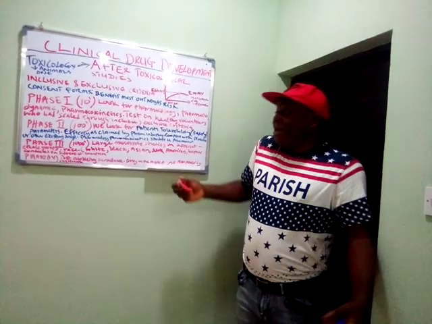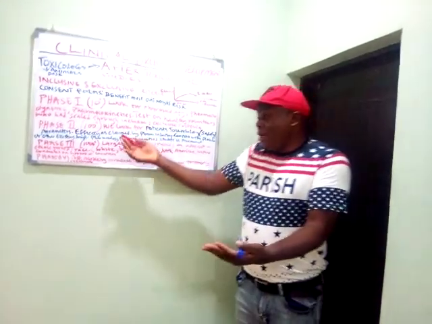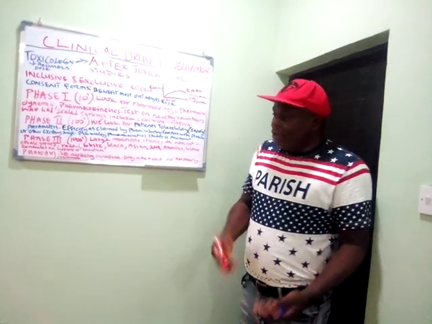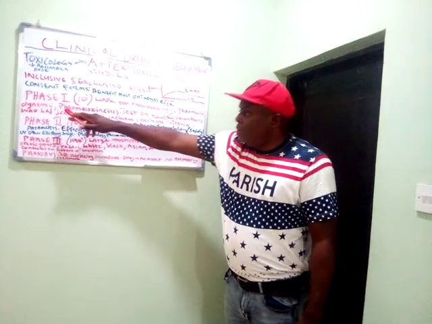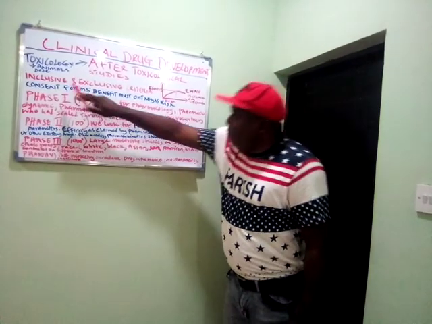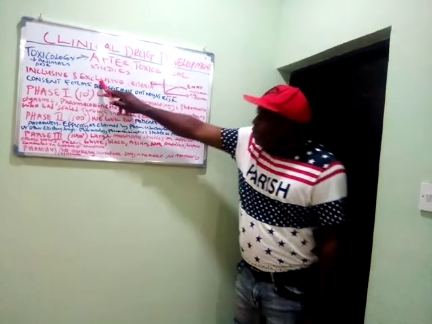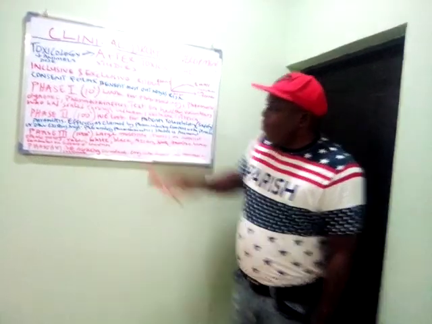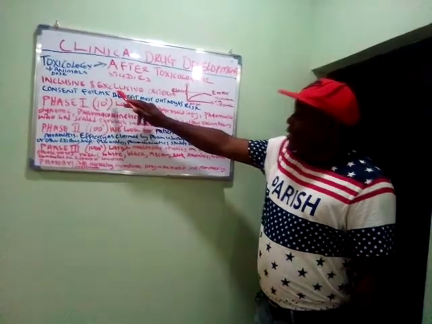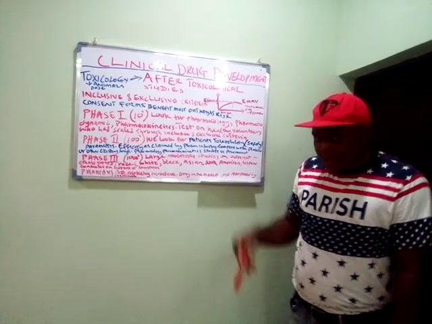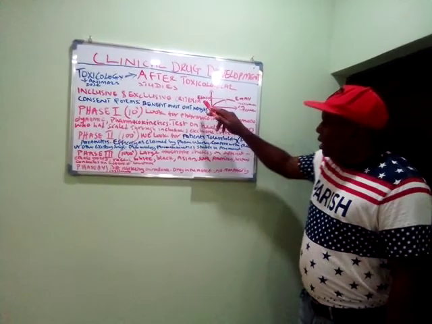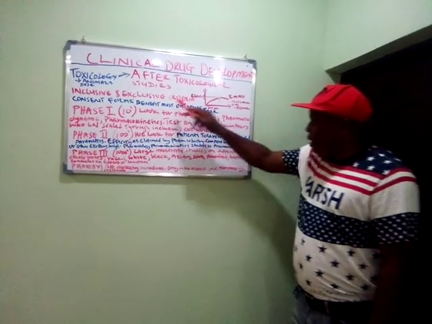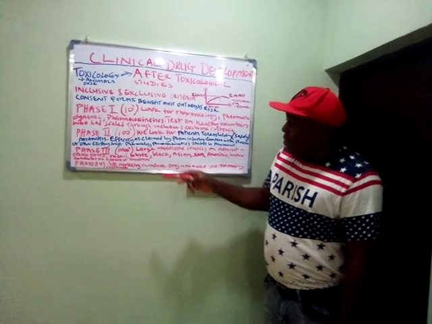So, what are the conditions? Well, it's phase 1 clinical trial, healthy volunteers, either male or female. So, if it's for male healthy volunteers, that means women will fall under the exclusive criteria. Also, people who are sick and not healthy will fall under exclusive criteria. That means they are not included. Medical students are not allowed to participate in a clinical trial. HIV patients are not allowed to participate in the